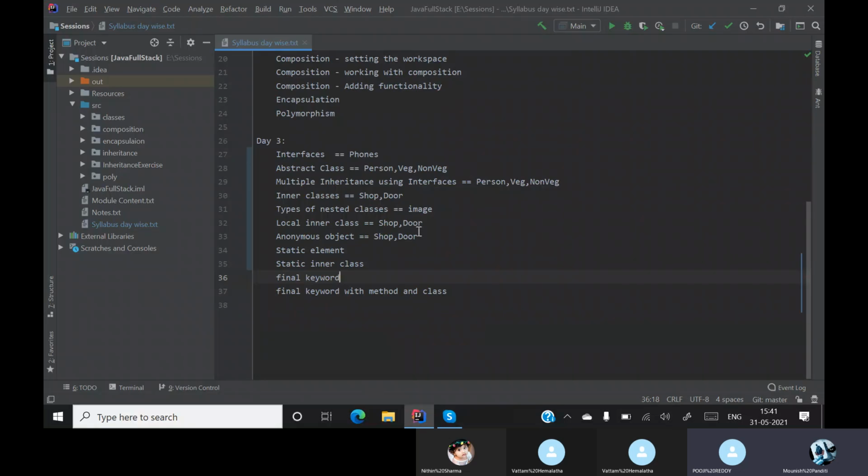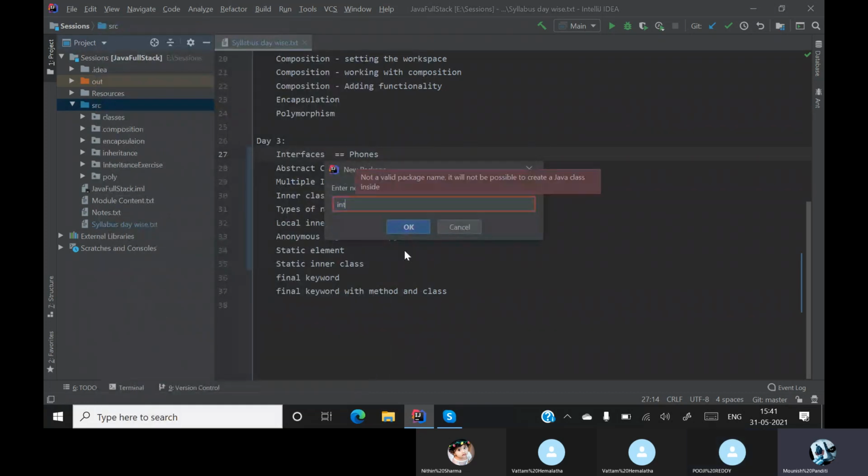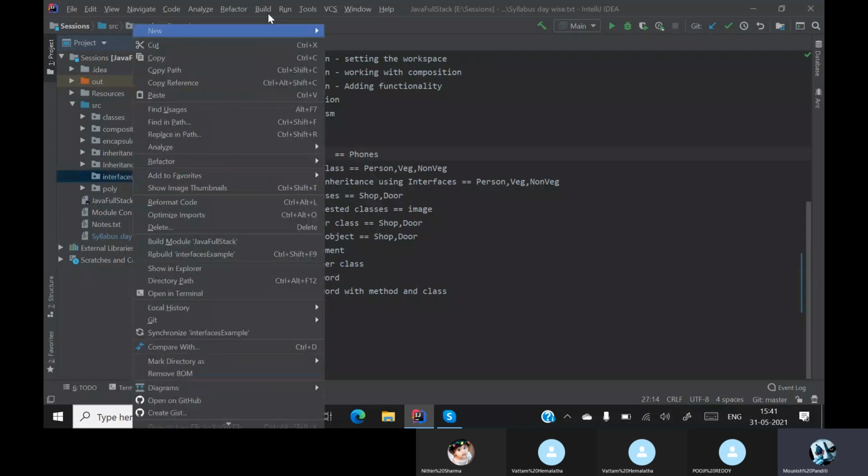Fine, then we'll start with the first topic of today, interfaces. So let me create a package for this. Interface example. Let me create a class.